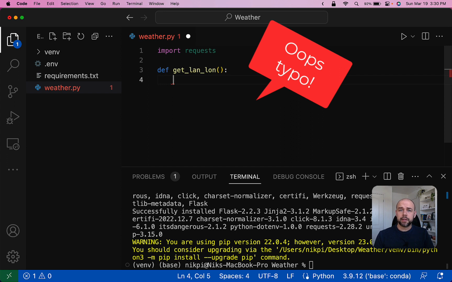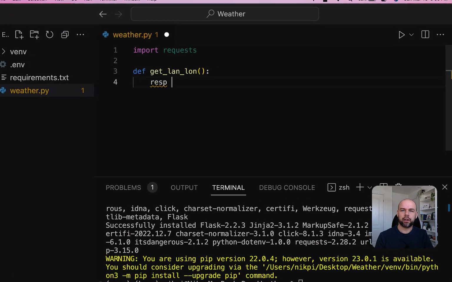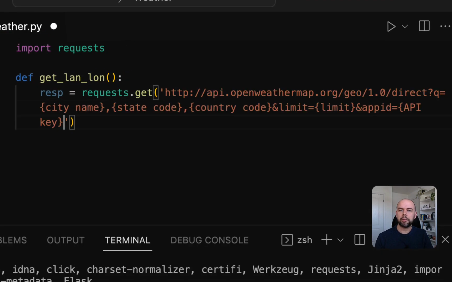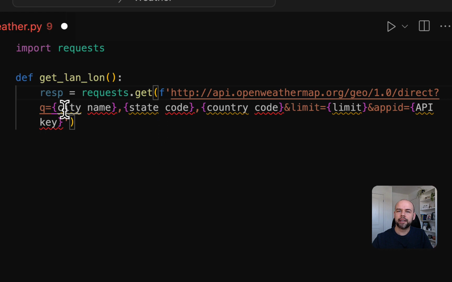And so what this will actually do is it will query that specific endpoint. So in this case, we can say that our response, or we'll just call it resp, is equal to requests.get, and we'll pass in this string here. Now, what we're going to want to do as well is actually turn this into an F string so that we can access the city name, the state code, the country code, a possible limit, as well as the API